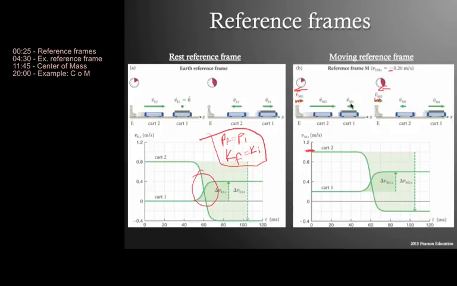And the same thing has happened to this car. This car is at rest in the rest frame, but since we're moving backwards at 0.2, it now looks like it's moving at 0.2 away from us. So what does this mean for the collision? Well, the laws of physics stay the same, and we're going to work out what's going to happen in the following example. But what you're going to find out is that these delta V's stay the same. These delta V's are all about conservation of momentum. And if momentum is conserved in both these cases, then the laws of physics have not been violated just because we are in a different inertial reference frame.